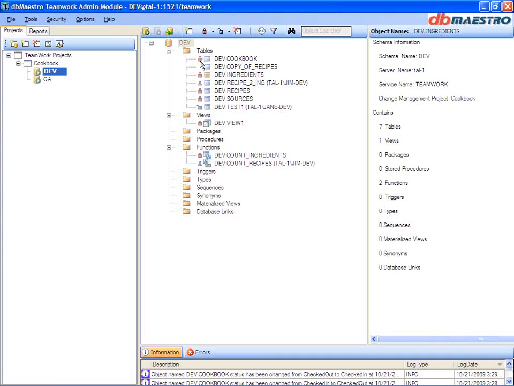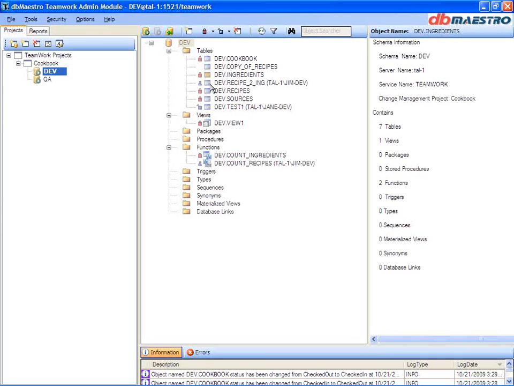An object that has the little lock next to it indicates that it is a checked-in object. An object that has a little person next to it indicates that this object is currently being checked out by somebody else, and that means that nobody else can change it. And an object that has the little lock next to it that's open indicates that that's an object that's currently checked out by Jane. The object that has the orange icon indicates that this object is not only